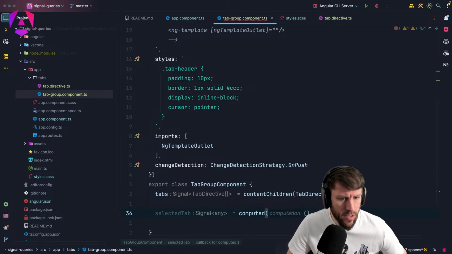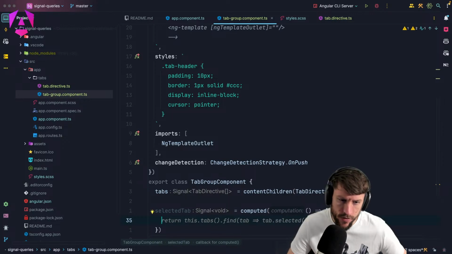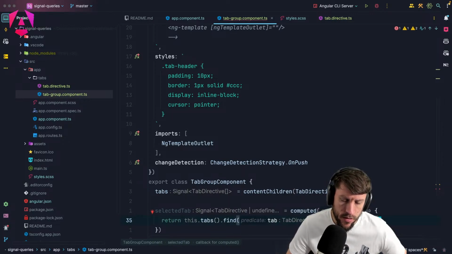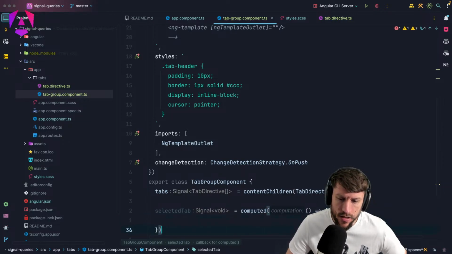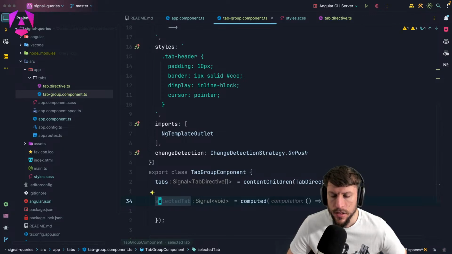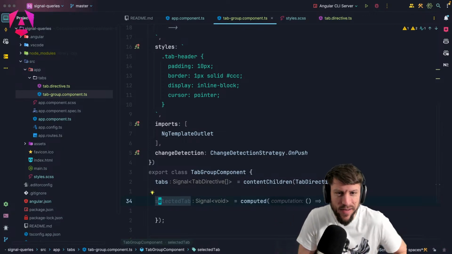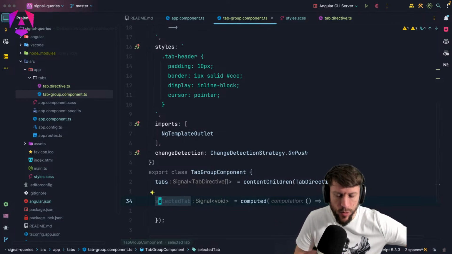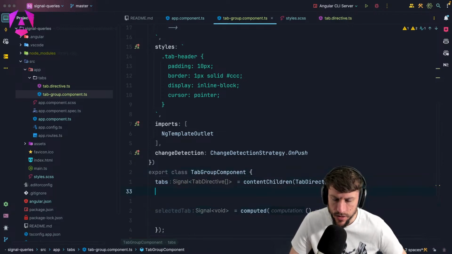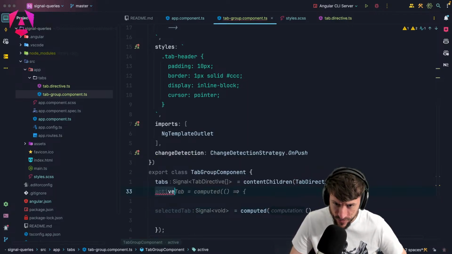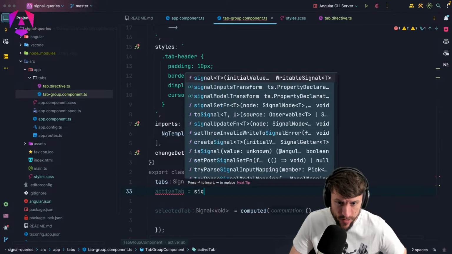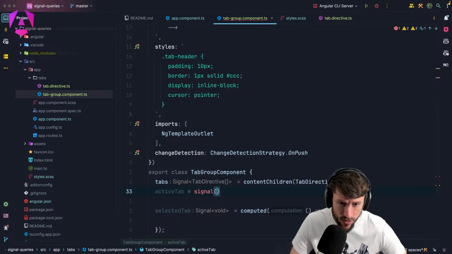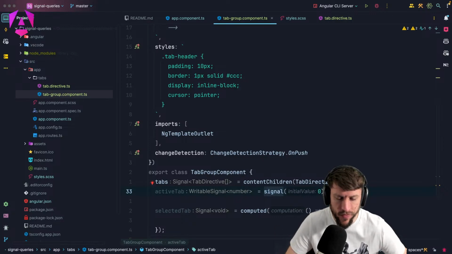Computed, and what we return, let's just say, so we need some sort of active ID, I guess. Also when we click, we want to change some active ID. So we need to have active tab, which is probably a signal itself, which starts with 0. So initially, if nothing is selected, we just start with the first one,